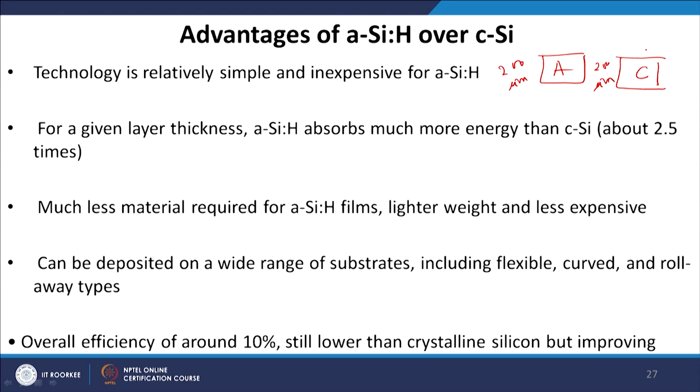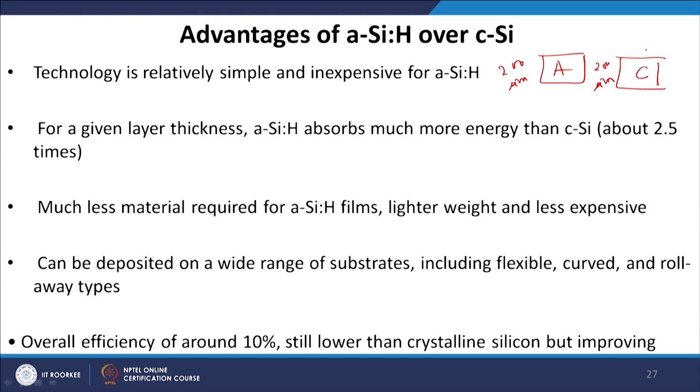This opportunity or advantage is what the amorphous silicon cell provides to us. It can be fabricated on a flexible substrate. An example of a flexible substrate is polyethylene terephthalate coated glass substrate or PET coated ITO substrate, and it can be fabricated on a curved surface, and this flexible substrate we can also make on a roll to roll basis.